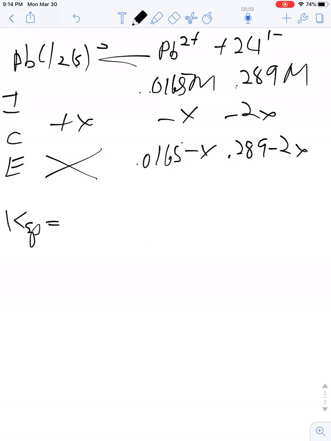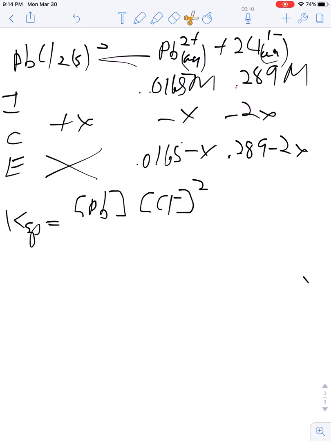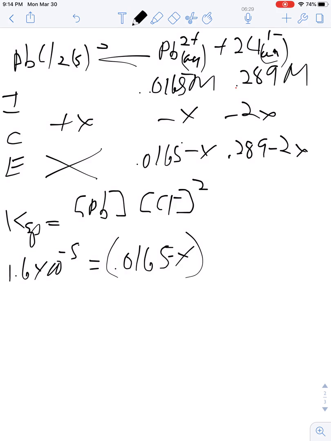My expression is, don't forget that the chlorine is going to be raised to the second power. So then I really should put aq and aq. So now we can plug in our numbers. The Ksp is still the same. We look it up on the table. Ksp for lead chloride is 1.6 times 10 to the negative fifth. I've got 0.0165 minus x, 0.289 minus 2x,